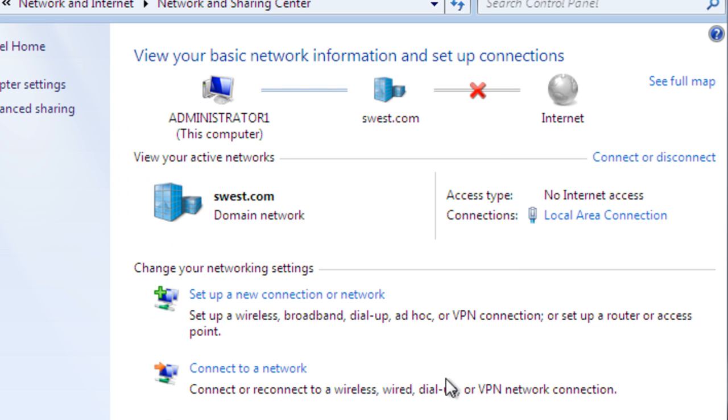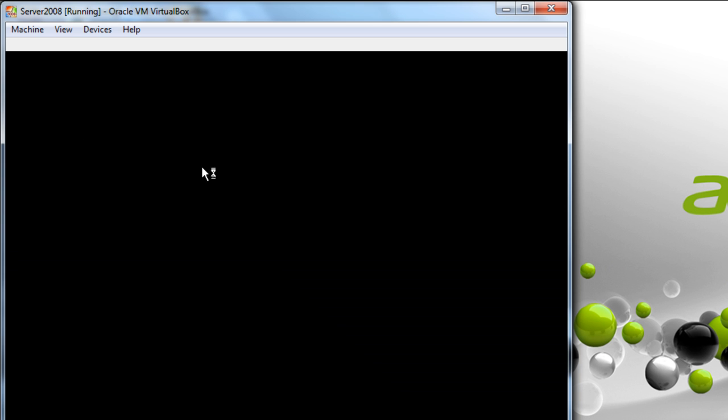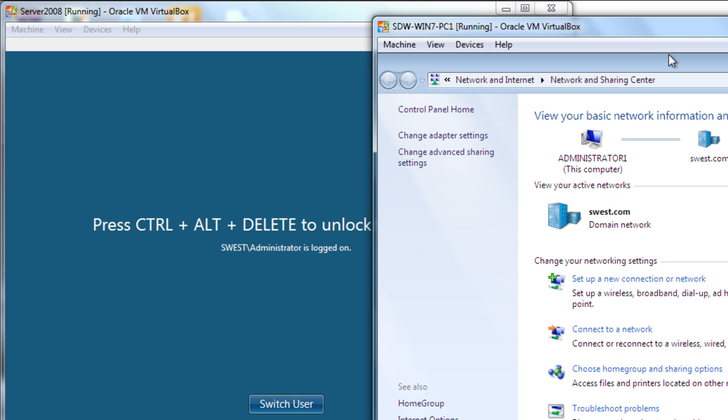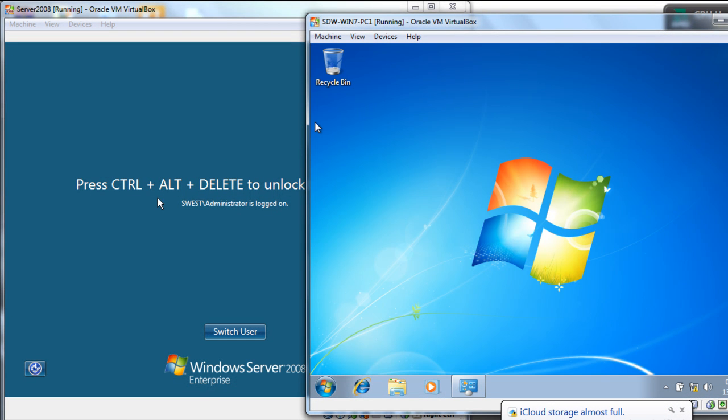As you can see, we've successfully deployed our Windows 7 image from our server 2008 to our new PC, which is SDW Win PC1, or the name of the PC is Administrator 1. You can see it's successfully been given a DHCP address via the DHCP pool from our server, and it has an IP address. It's been joined to the domain. Everything has been done automatically, and